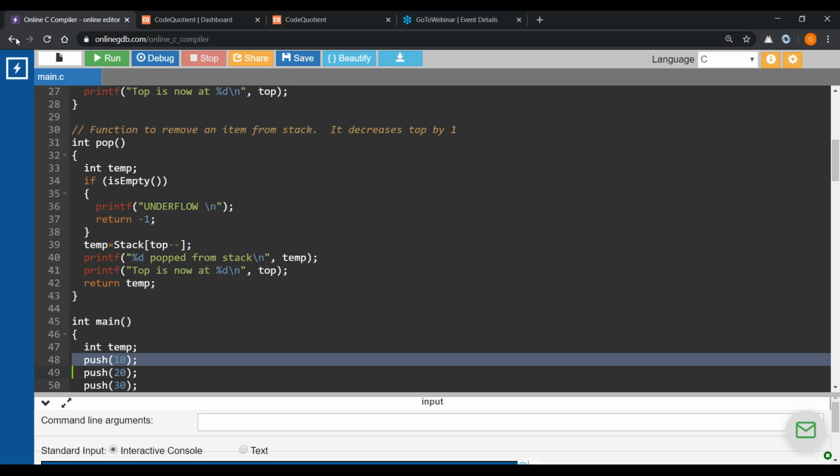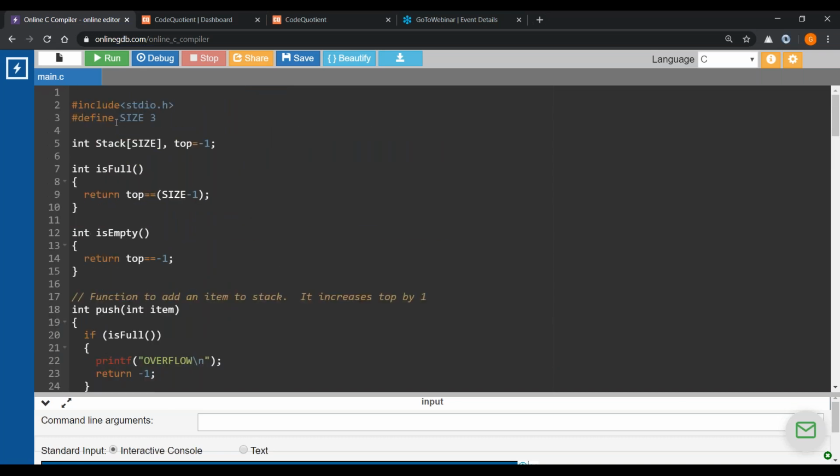So let's see the operation called push. Okay, so we are saying push the element 10. So let's understand right from the beginning what is the size of the array. The size has been taken as 3. For that I have done #define SIZE 3. In CodeQuotient it is taken as 10, but to illustrate it, I have taken it as 3.